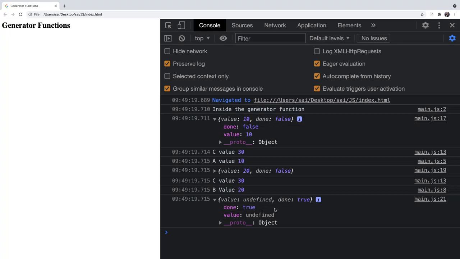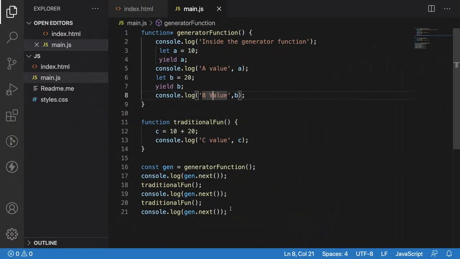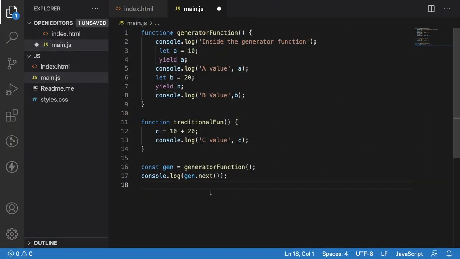That means whenever you are using a yield, it will stop the execution. Whenever you use the next method, it will give you an object with two properties, value and done state. If the value is undefined and done is true, that means your execution has been completed. We have two more methods in the generator function. For example, let me clear this all, and here for the first time it will go and execute this yield. Whenever it sees the yield, it stops the execution.